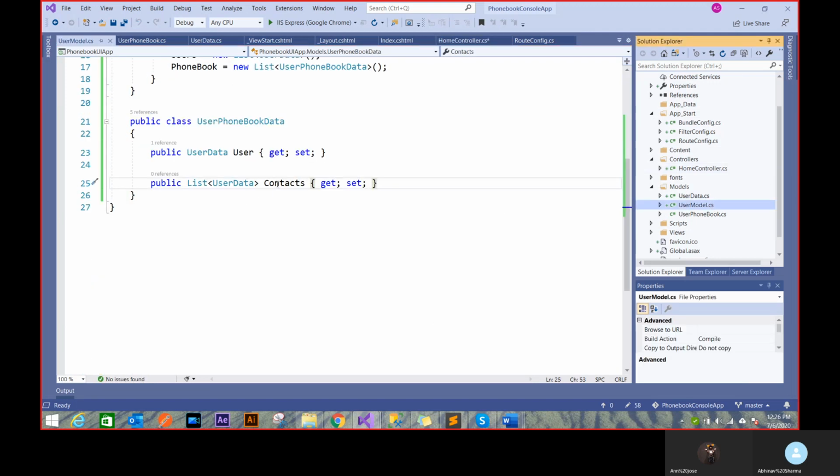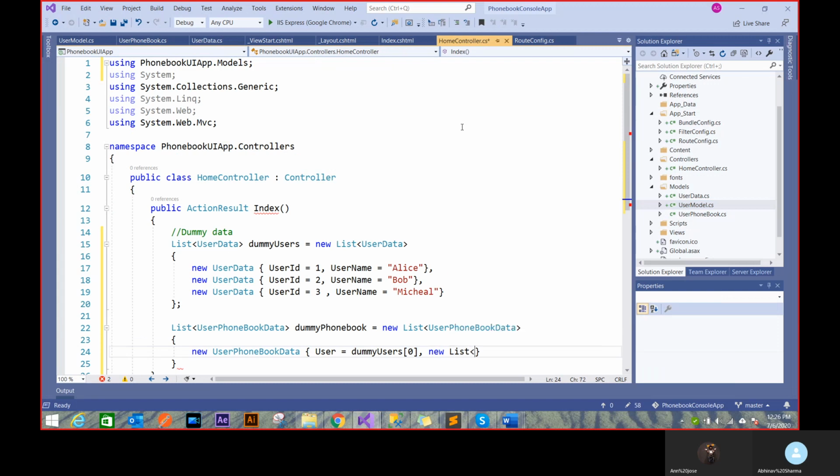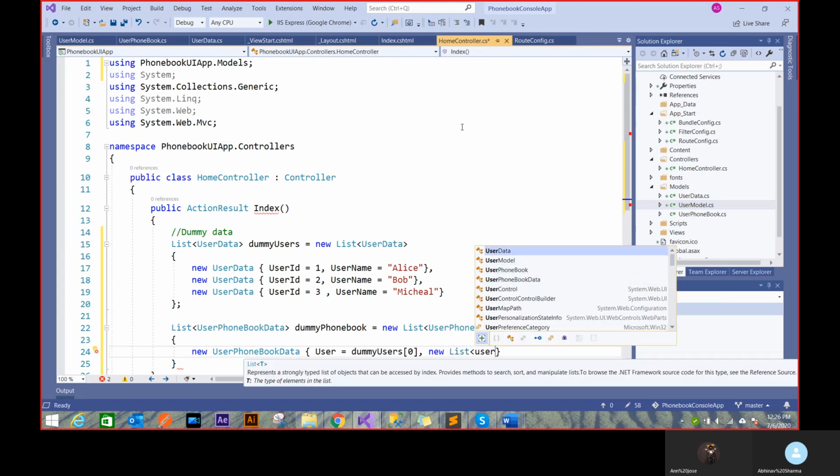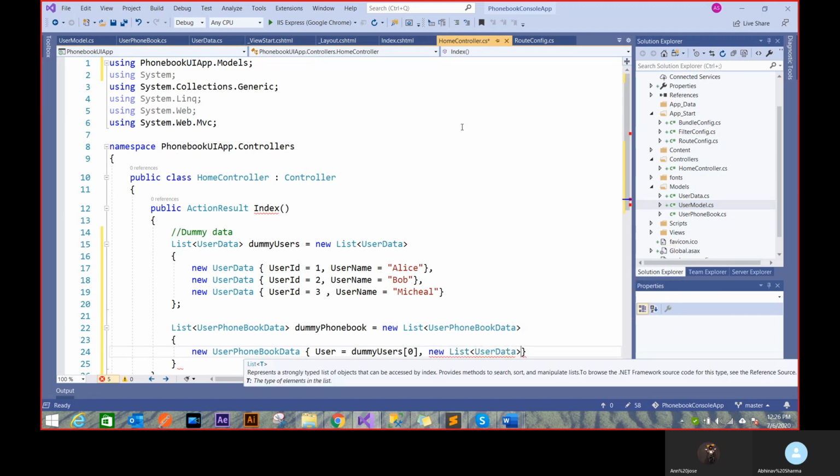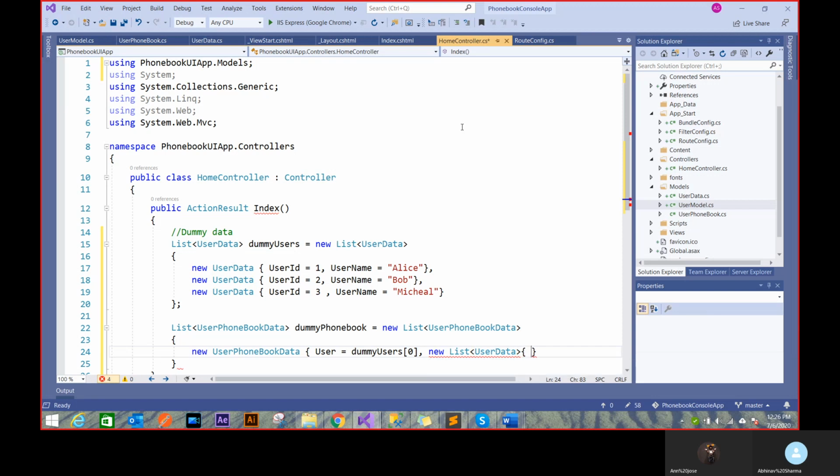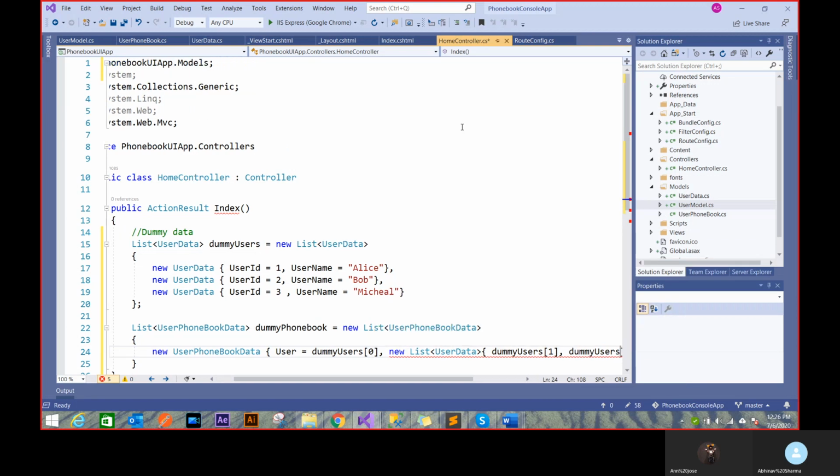We have a list of user data, right? So that means I can add just new user data, and I can add user dummy users 1 like Bob as its user, dummy users 2,